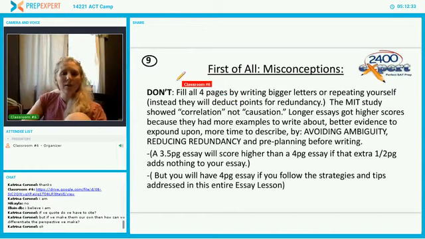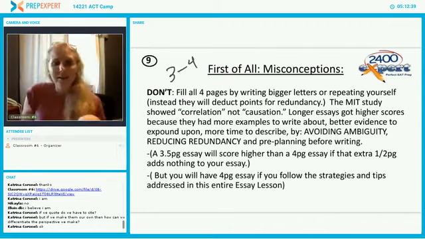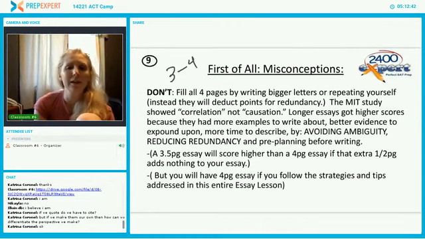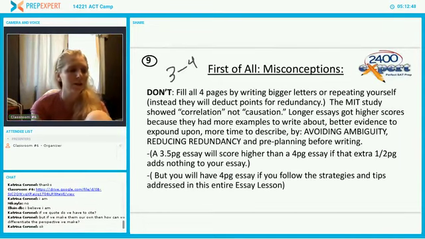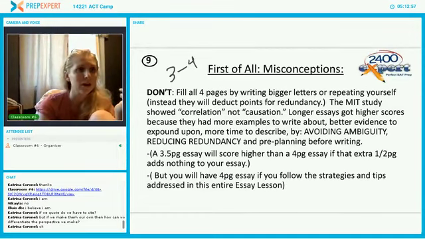So we are going to recommend that you write 3 to 4 full pages. One thing we want to say is don't fill all 4 pages by writing bigger letters or repeating yourself. There's an MIT study that shows that there is a correlation between better essay scores and the length of an essay. Obviously, it's not by virtue of the essay being longer that it gets a better grade. It's because longer essays usually have more insights, more examples, more analysis, right? So smarter students generally have more to say. But if you're writing 4 pages of rambling repetitiveness, that's going to be worse than an essay that wrote the same thing in 1 page. Okay, so